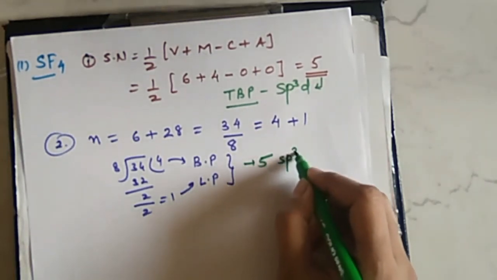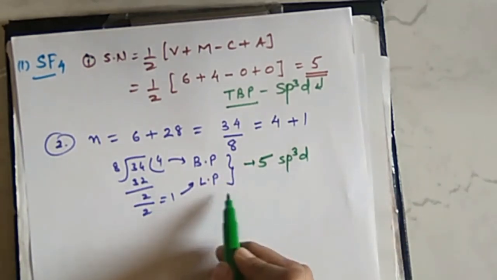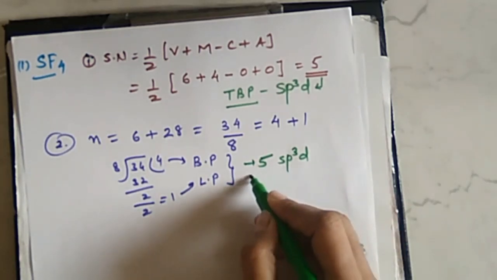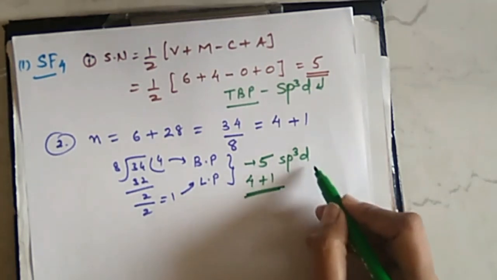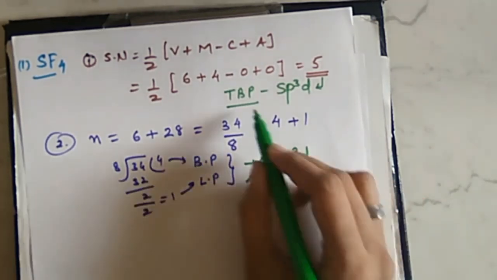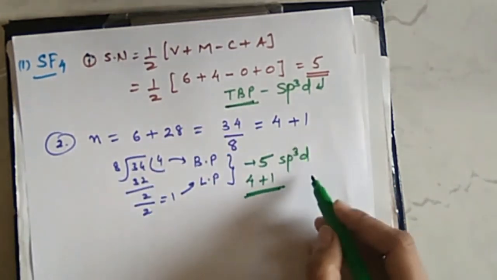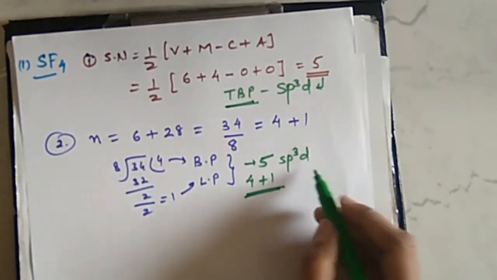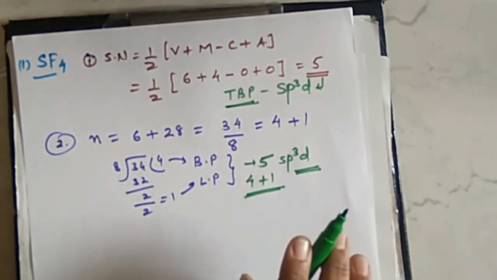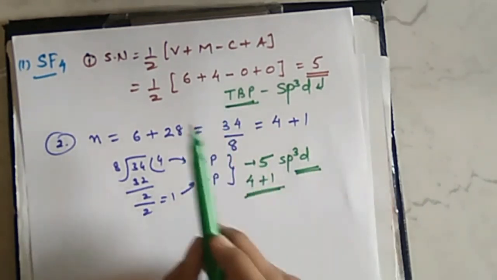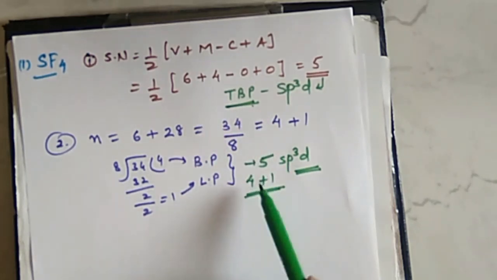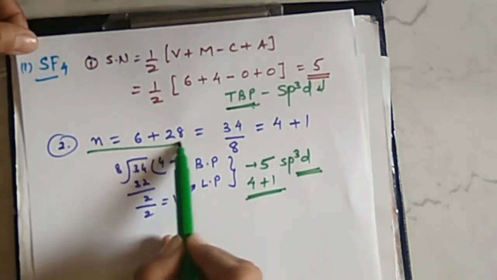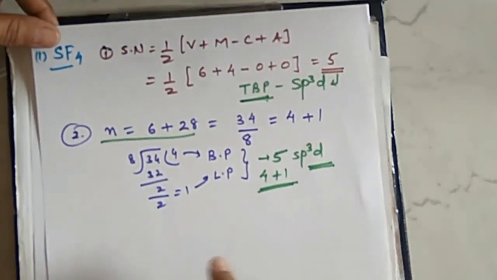So hybridization is sp3d, but using this technique we can identify that it is made up of 4 bond pairs plus 1 lone pair. So its geometry will be a distorted one. It will have a geometry of trigonal bipyramidal, but its shape will be different. It has a distorted geometry. Fine. So if you want to identify only the geometry, you can use the first technique, and if you want to identify the shape or the number of lone pairs present, then you can use the second method. Okay, thank you.